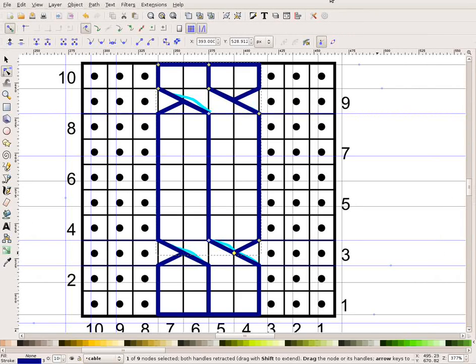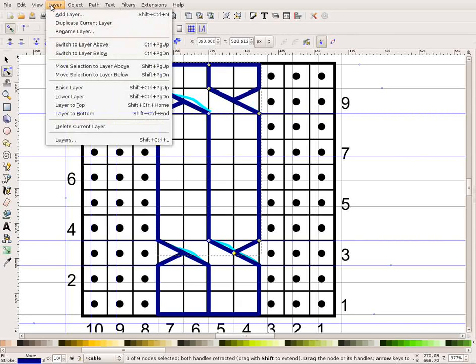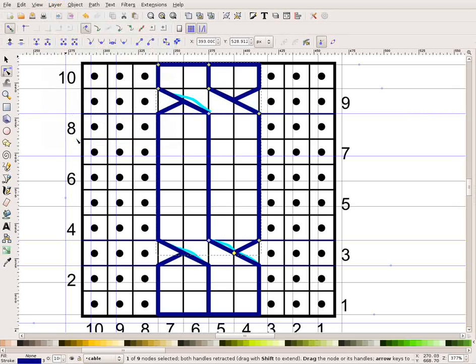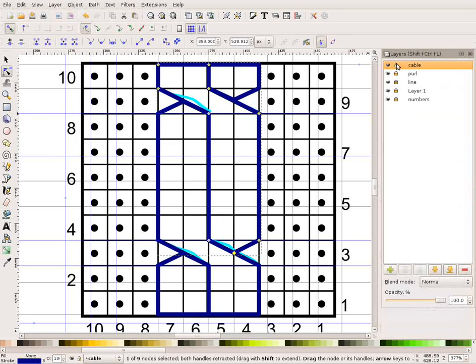We're going to make a nice background for our image so that it will set itself off in the page a little bit more. This is completely an optional step. You may or may not want to do it. Go to Layers, lock your cable row,